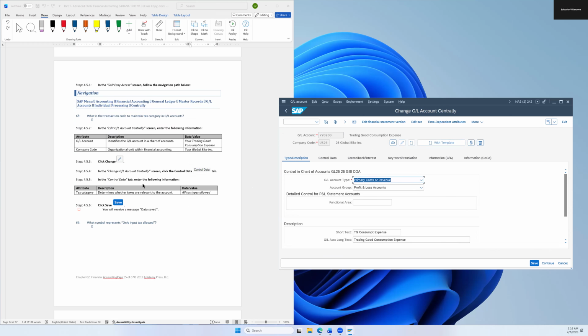And now it says in the change GL account centrally screen, click the control data tab, which is the next one over right here. Control data tab. So in the control data tab, enter the following information. So for tax category, right here,